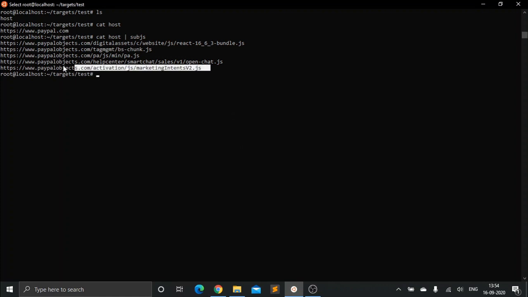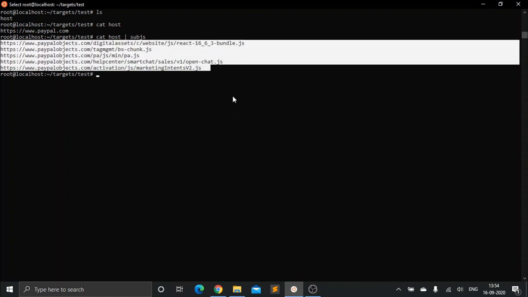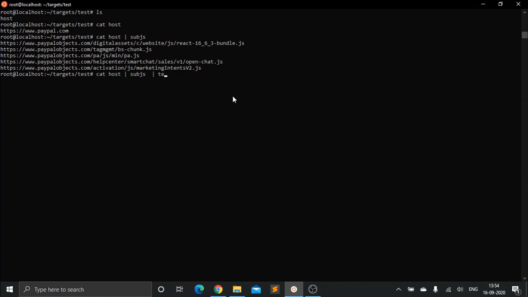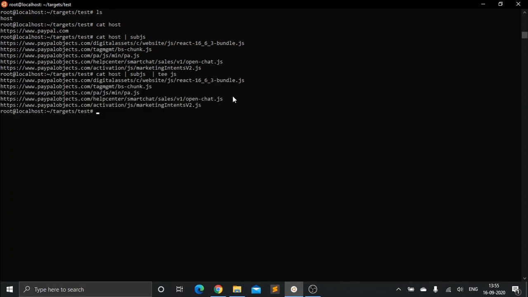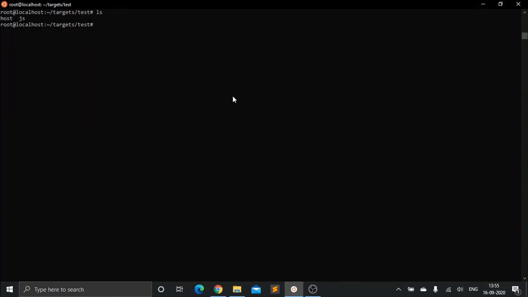Now as you can see, we have got these 5 URLs. I'll put them in a file called JS. Now, I am using 3 tools for this demonstration: link finder, secrets finder, and relative URL extractor. These 3 tools. I have automated these tools by making my own shell script so that I can just give a file containing all the JavaScript URLs and get the parsed result from these tools.